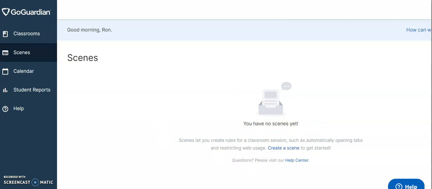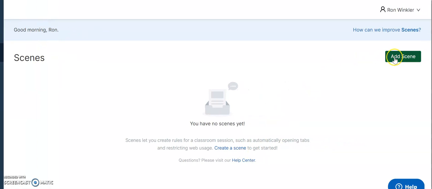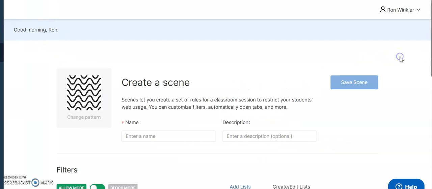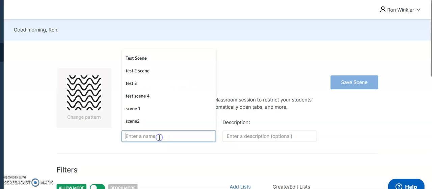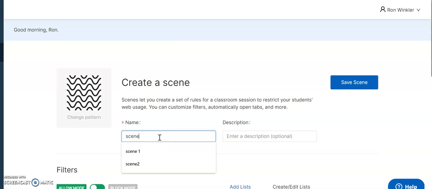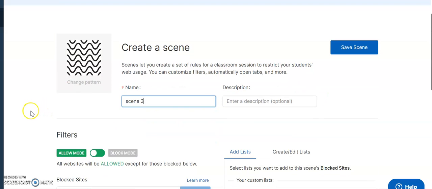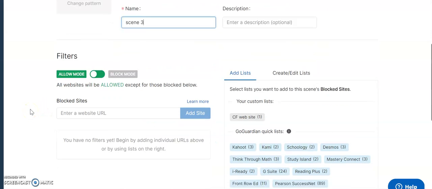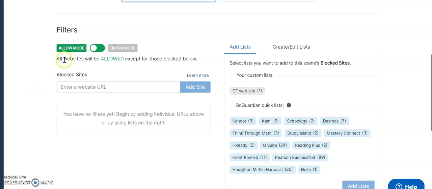So I want to create a brand new scene. So I'm going to add a scene in the top right-hand corner. And I'm going to call this Scene 3. And I'm going to scroll it down just a little bit. I can choose Allow Mode or Block Mode. Block Mode